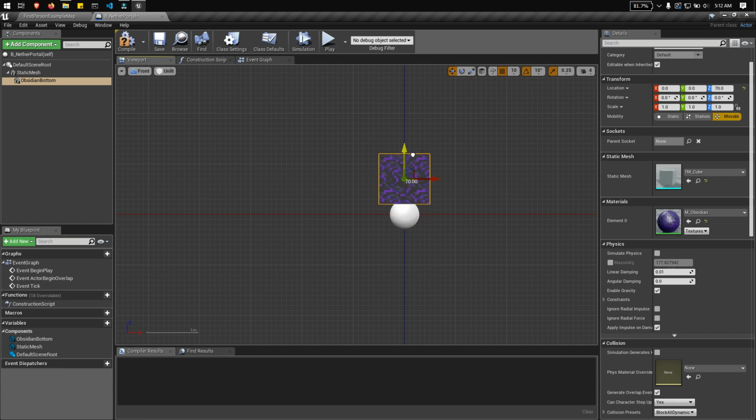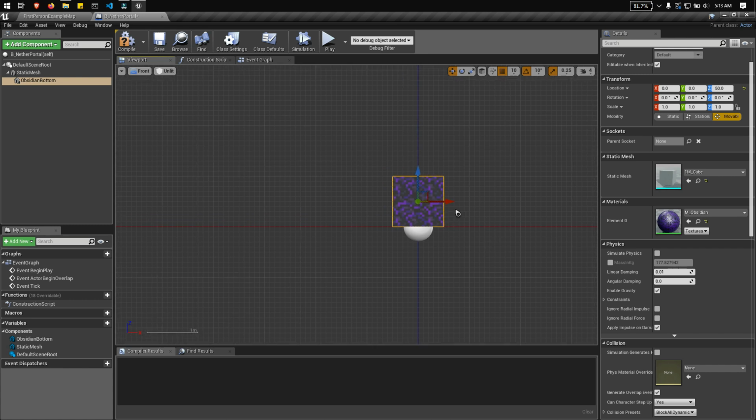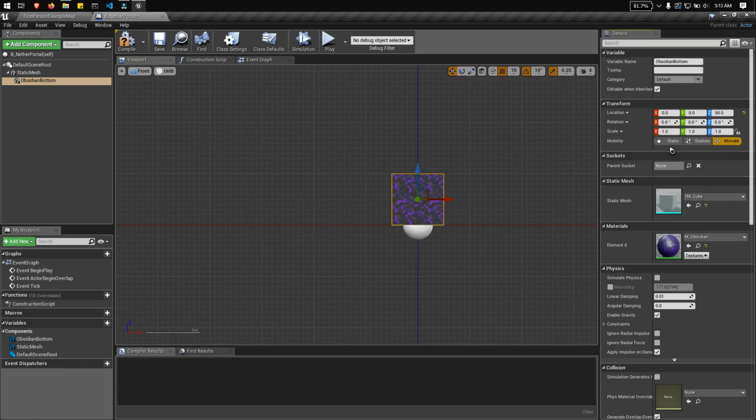So we're going to level this component upward. Then let's adjust its scale, maybe X. So let's adjust the X into